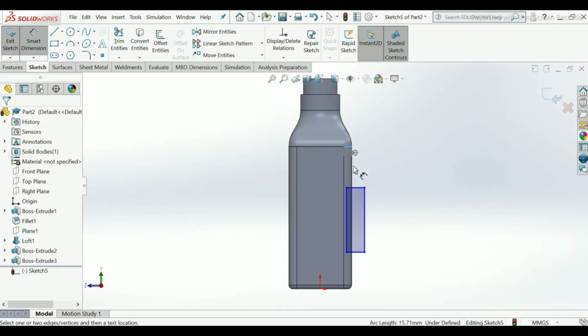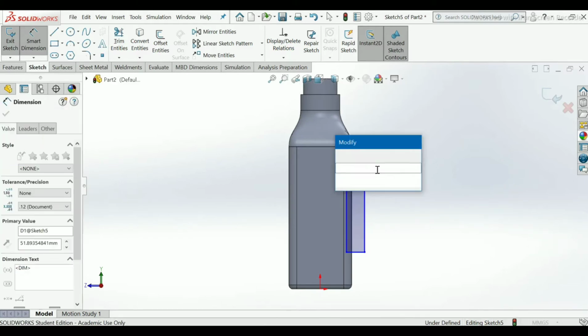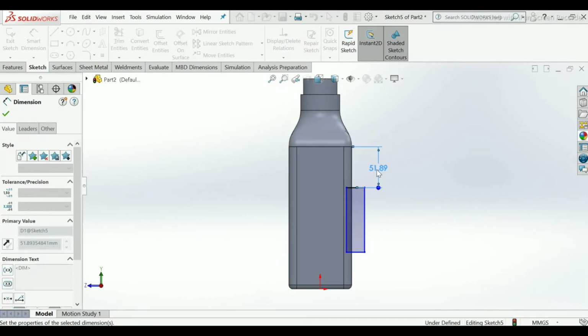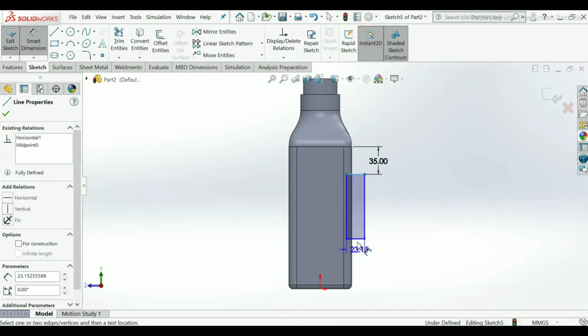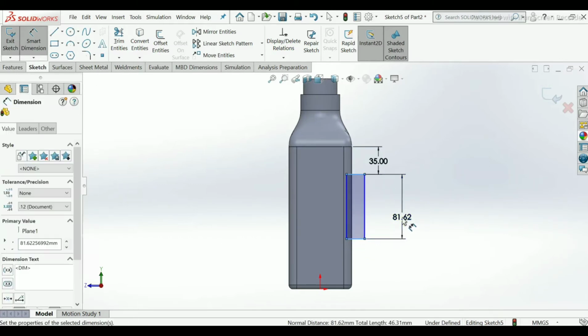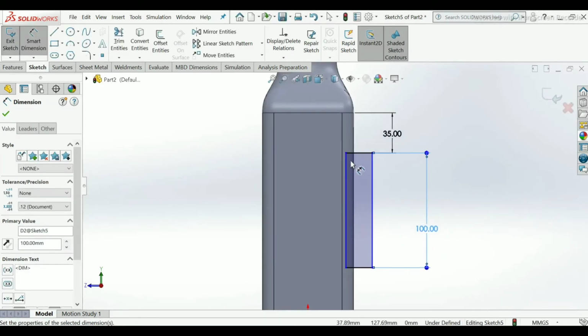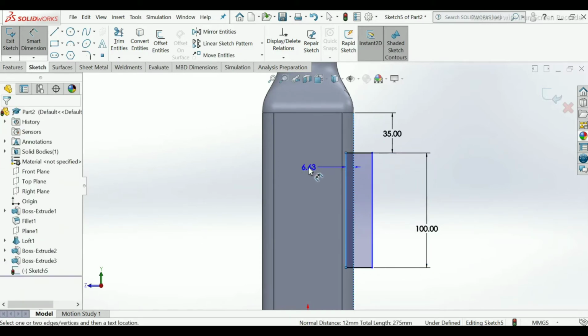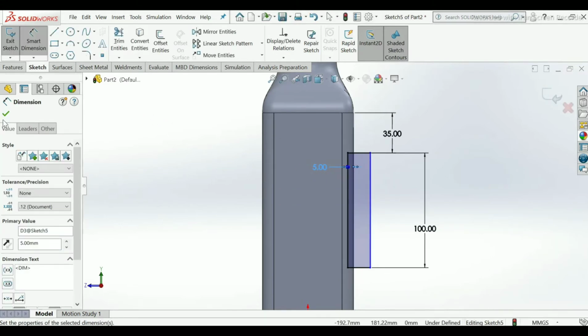From the top, the distance will be 35 mm. This length will be 100 mm for the rectangle. And the inside cut gap will be 5 mm. OK.